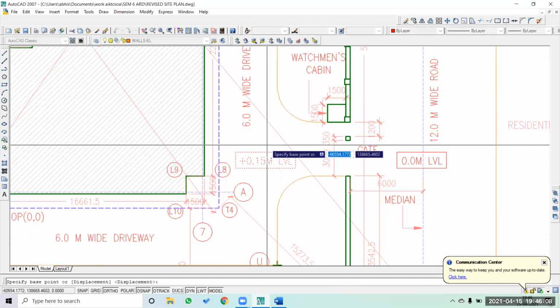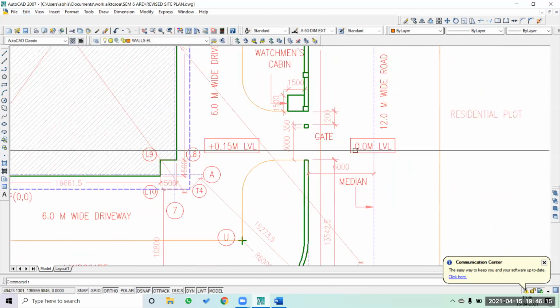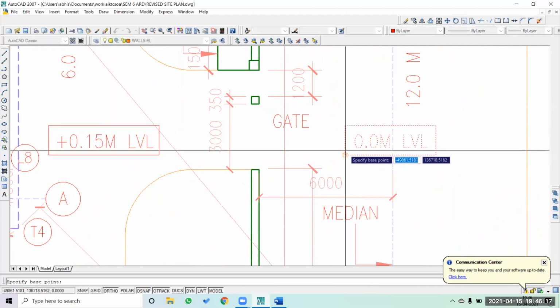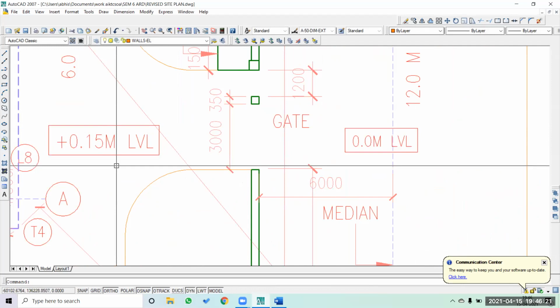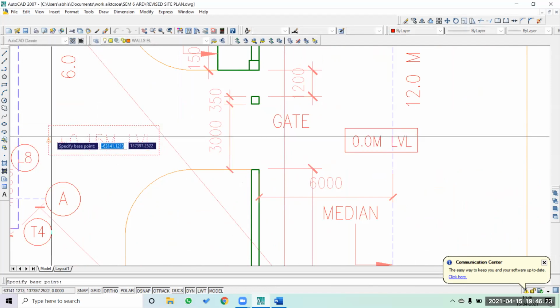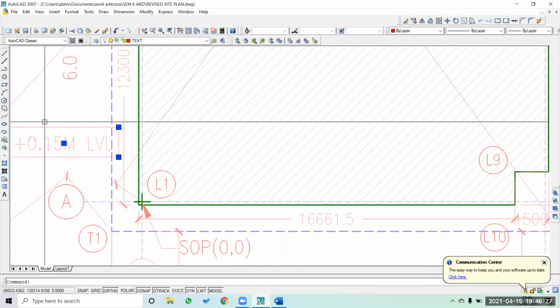Okay, simply again copy paste here as information. If this box looks too big, you can reduce the scale to 0.8. Reduce the scale to 0.8. Yes.